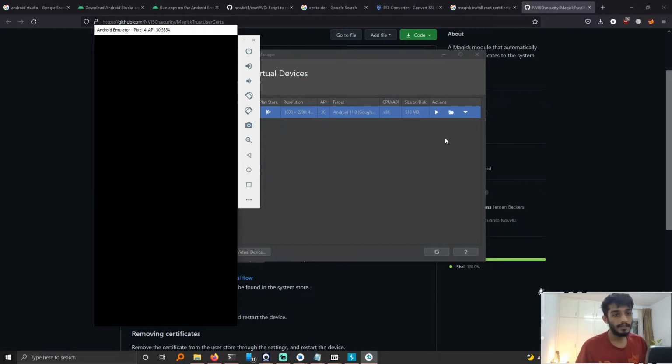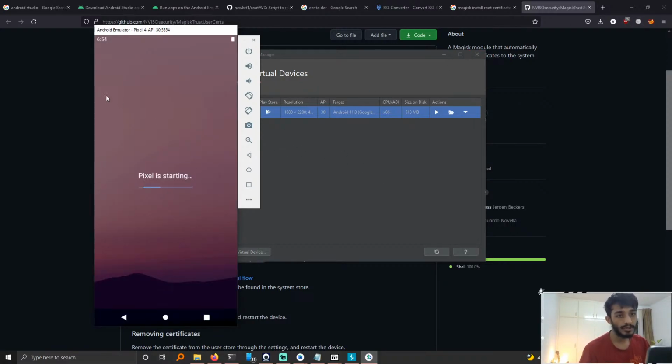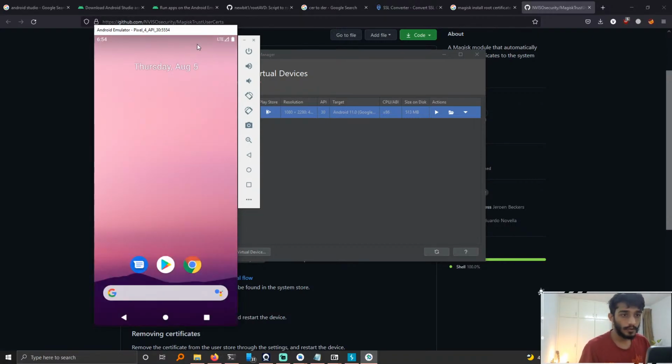If you don't have any issues with this step, you just have to click install CA certificates. You'll get a huge warning message before you do that. You click yes, and then you select the certificate that you just converted and pushed into the device. Once that is done, go into settings and